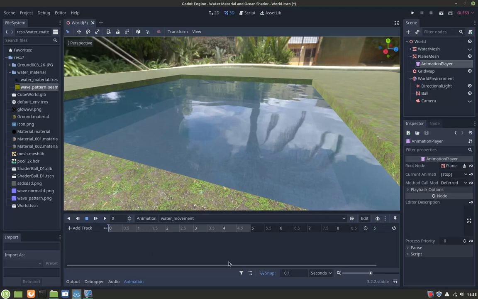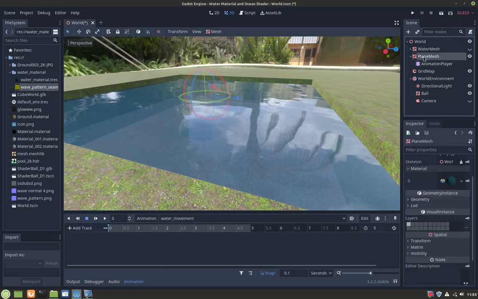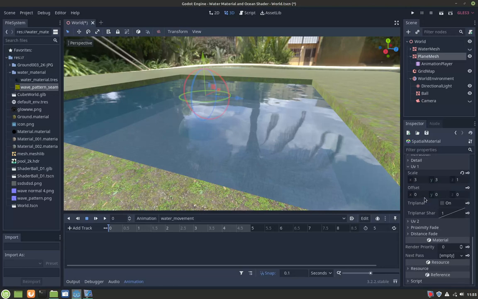While the animation tab is still open, click the plane mesh, and in the material we are going to animate the UV offset. So create our first keyframe, and then move the slider to 5 seconds and change the X value to 1,